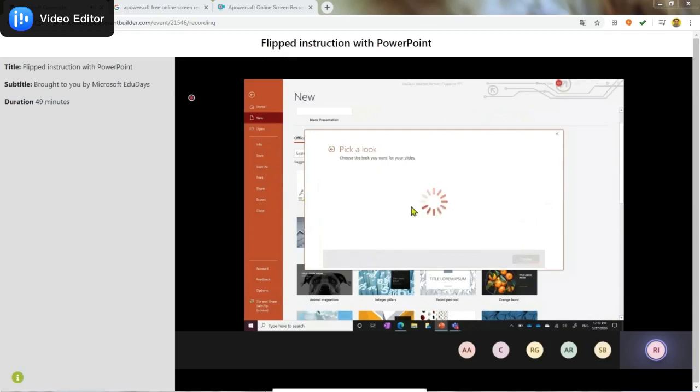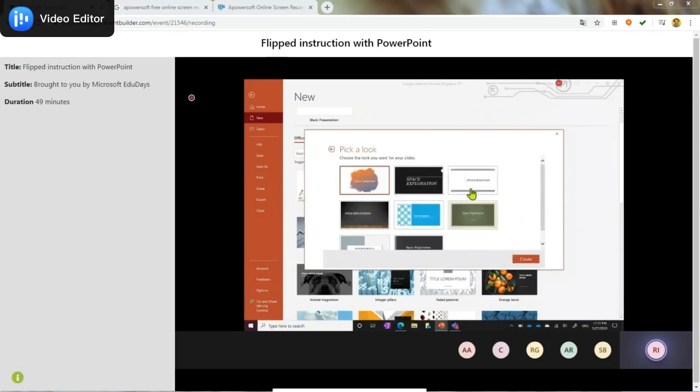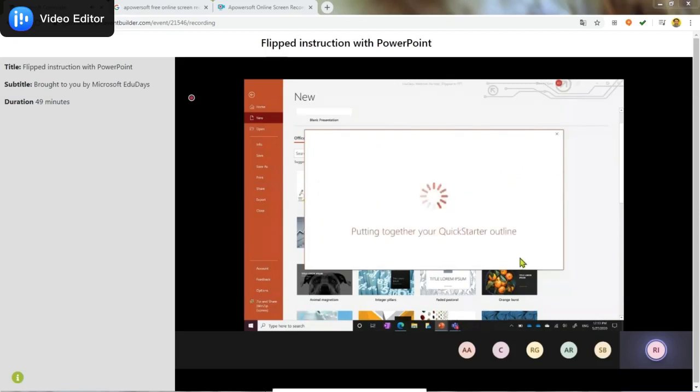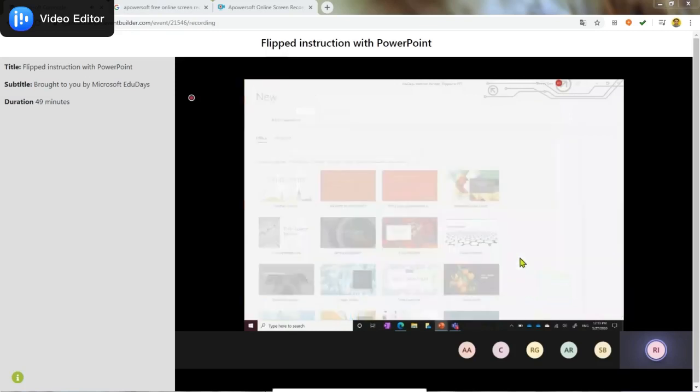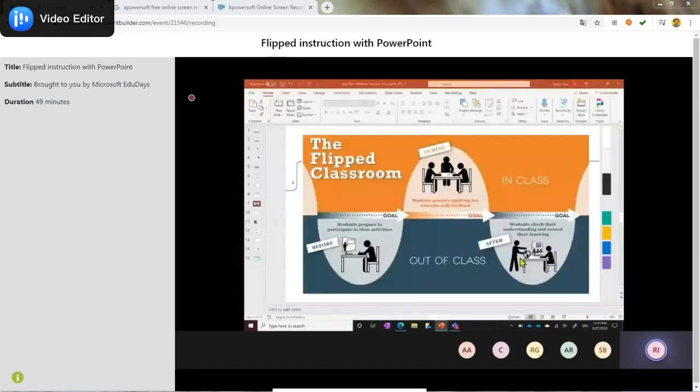Next. And now I get to pick a look for my slides. So it'll say what design works best for you. I kind of like this one, so I'll click this one and click create. And what it's doing is just creating an outline of a presentation for me, so I don't have to start from scratch. You'll notice it says here, key facts about your topic.